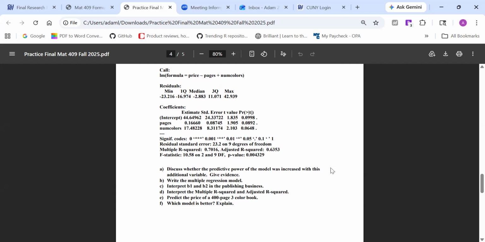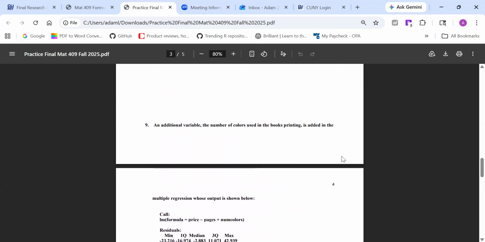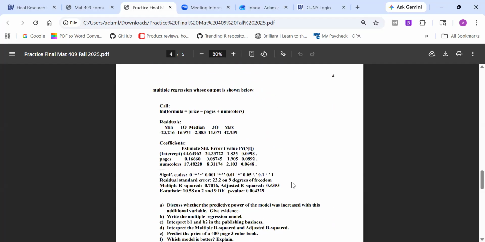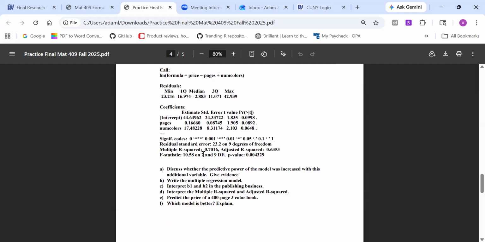Oh, so basically you don't have that information because we don't have the original data set. But it looks like 1 and 10, right? That's because it's simple linear regression, which is slightly different from multiple linear regression. So the degrees of freedom dropped by 1, to 2 and 9, because we're using two predictor variables, and you subtract 1 from 10 to get 9. Because we add another predictor variable, the degrees of freedom go down by 1 unit.